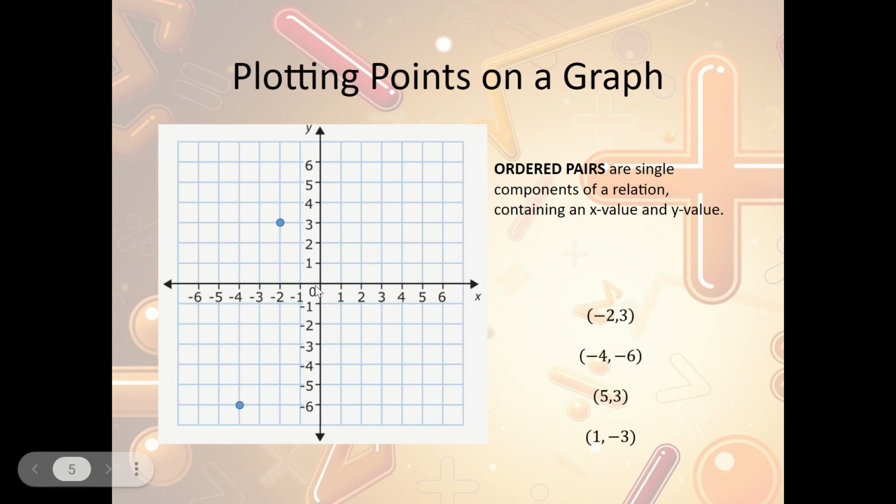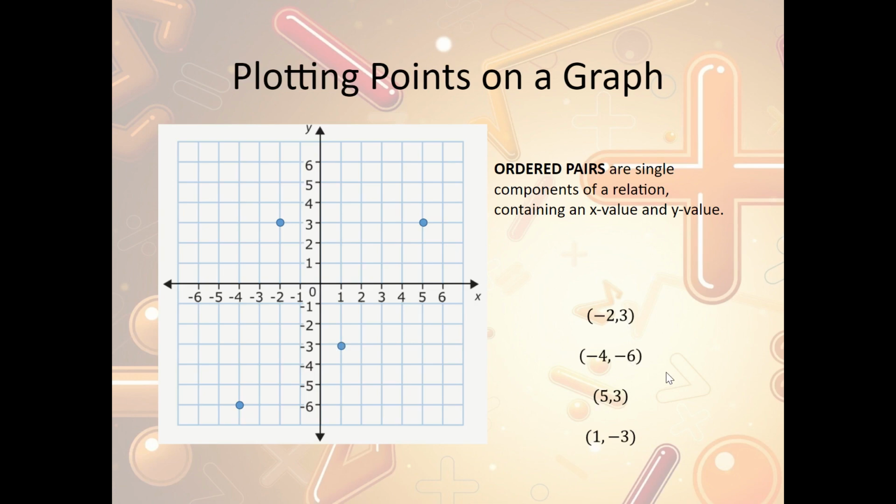So x is 5, so I'm going to go and find where x is 5, which is here. And y is 3, so I'm going to go find 3, which is right there. And there's that point. And lastly, I have 1, -3. So x is 1, so I'm going to go find 1 on the x-axis, which is here, and -3 on the y-axis, which is here, and I plot that point, and now I have plotted all 4